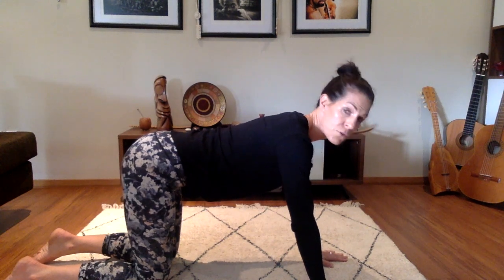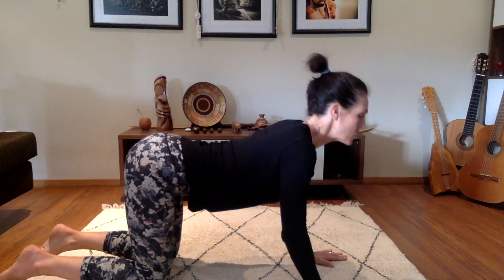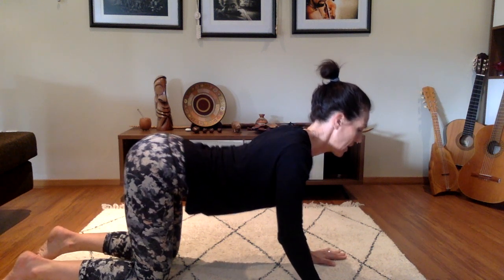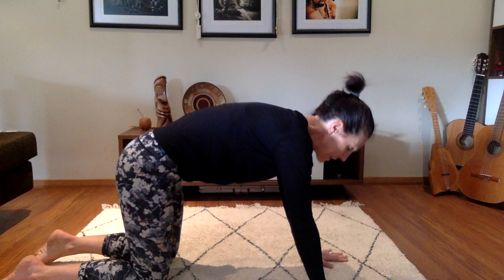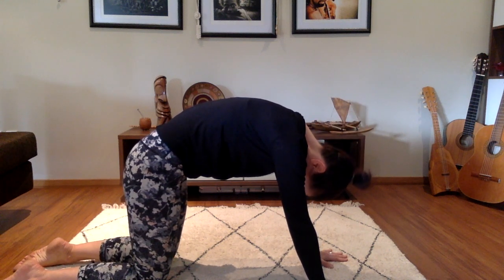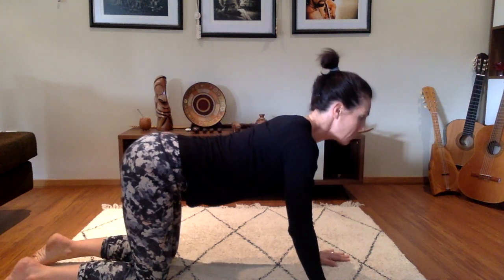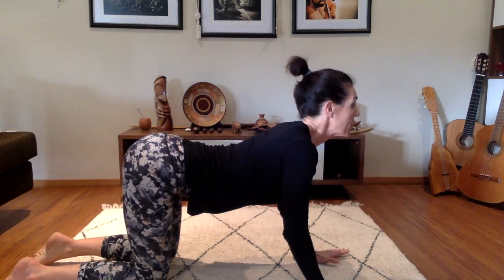Let's move the body through cat and cow. As you inhale, you're going to allow the belly to drop a little bit. Maybe the tail lifts and the shoulders draw back. And as you exhale, creating the opposite shape by rounding your back, allowing the head to drop down. Know that these movements can be very small and subtle or bigger, depending on how you're feeling